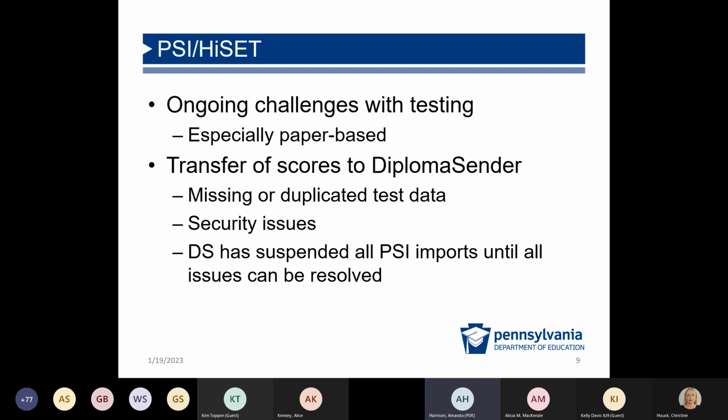That is why. It's because there have been issues with that transfer of data happening fully, correctly, accurately, and securely. Diploma Sender is working with them to get it resolved. At this point, it's pretty much in PSI's court to get everything addressed to the point that Diploma Sender can start that import again.